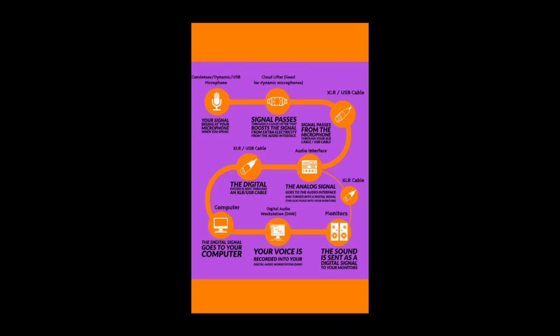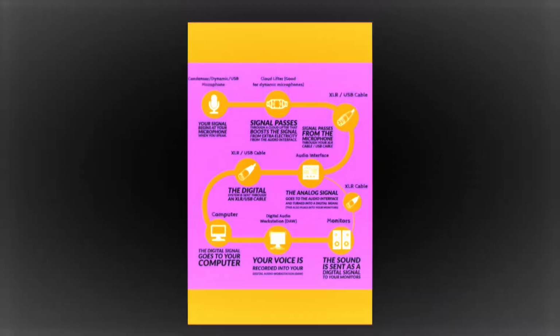Now the next one is from Anthony Pika, I think that's how you say his name. He's on Twitter at AVO's Journey, and he's done this really cool infographic. It's got great flow, and it includes cables. He does miss out the headphones, which I suppose is kind of your monitor or your output, but I'm okay with that. It's a great infographic to get your head around. So, as you can see, each part of the chain is as important as the other.